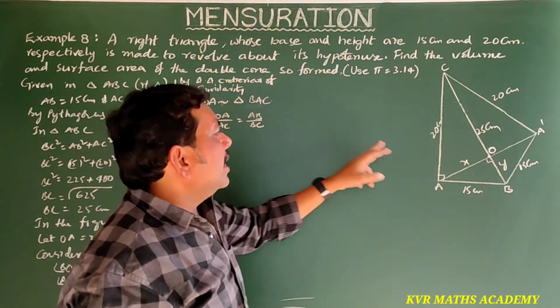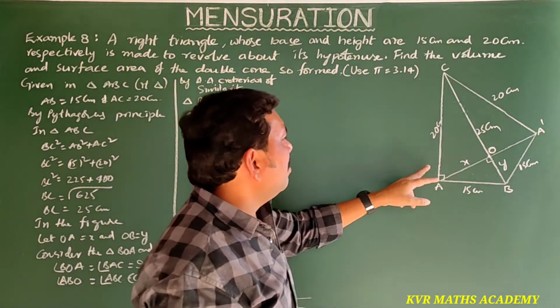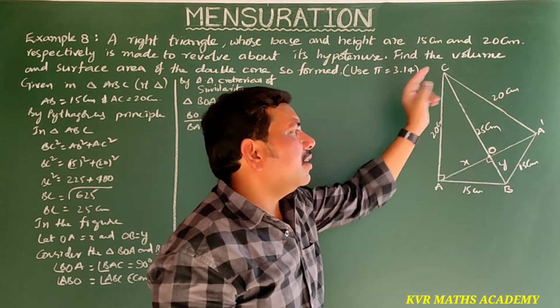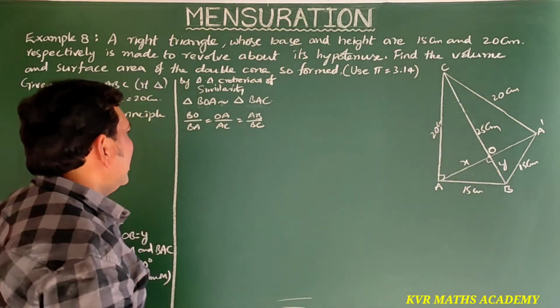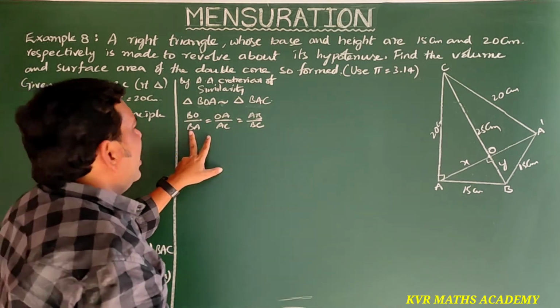Here AB is this one, BC is this one. Understood clearly? So BO is equal to how much we have taken? Let BO